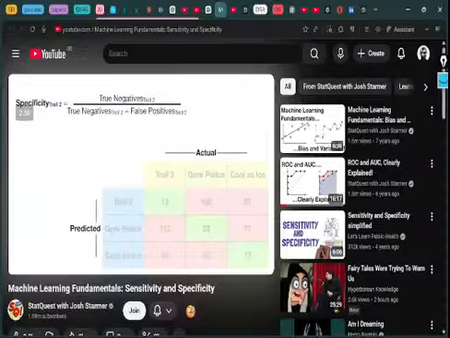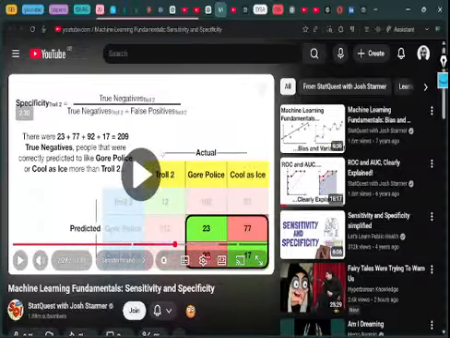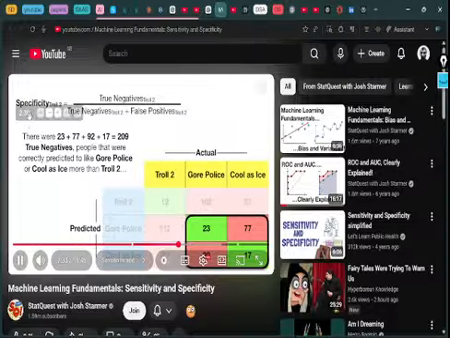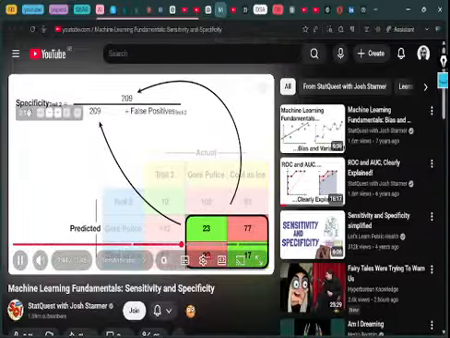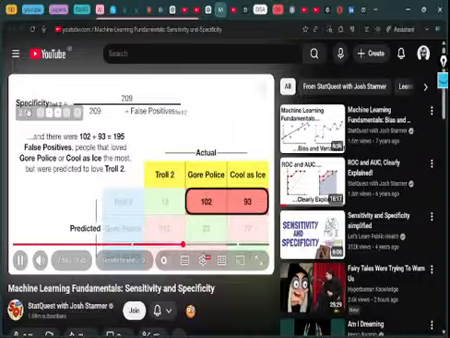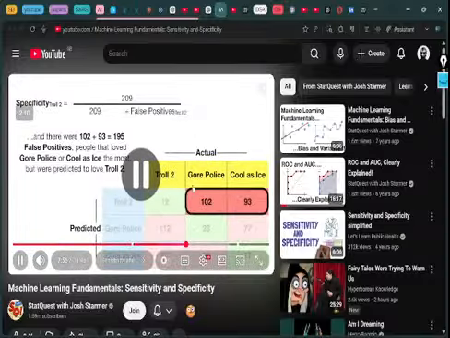Now let's calculate the specificity for Troll 2. There were 23 plus 77 plus 92 plus 17 equals 209 true negatives. People that were correctly predicted to like Gore Police or Cool as Ice more than Troll 2. So for true negatives, we'll plug in 209. And there were 102 plus 93 equals 195 false positives. People that loved Gore Police or Cool as Ice the most, but were